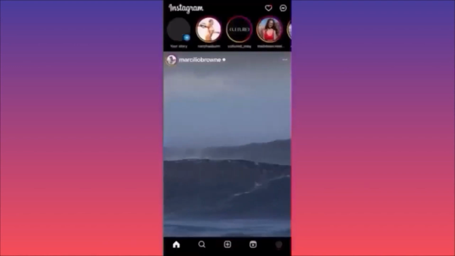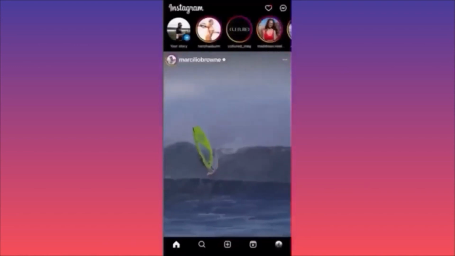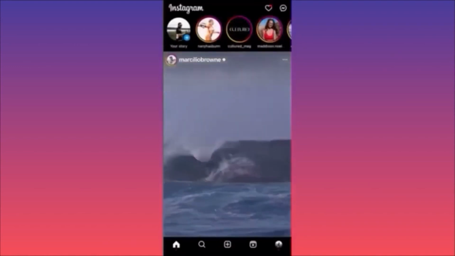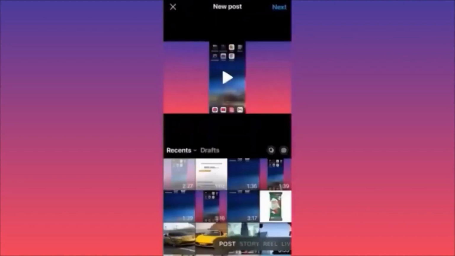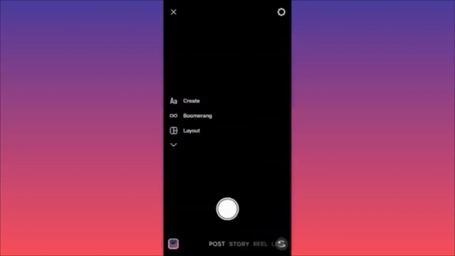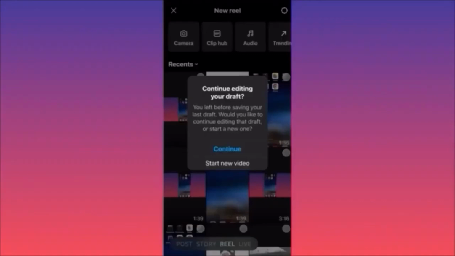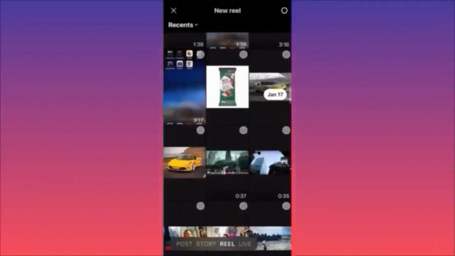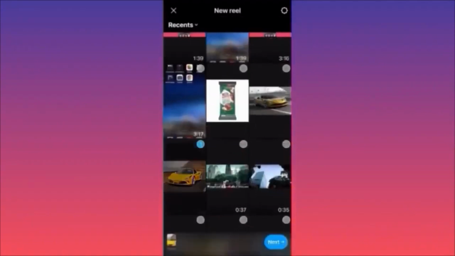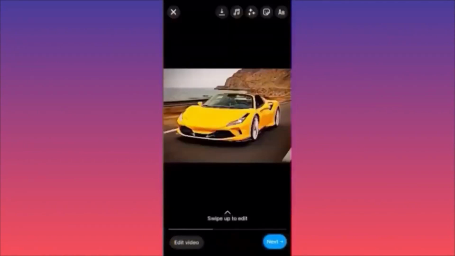Now guys, let's create a brand new post. Click on the lower center of the screen, hit the plus sign. Now let's slide on the side from post to reels. In this example, guys, I'm going to use this image and we're going to create reels out of it. Okay, so the first thing I want you to pay very close attention to is the upper